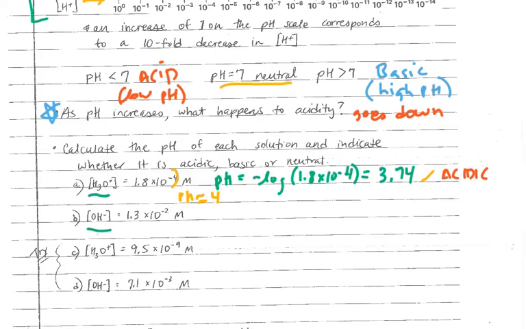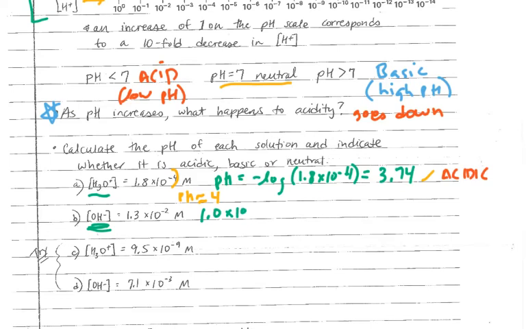All right, in this second problem, it gives us the concentration of OH, of hydroxide ions. So first we need to calculate the concentration of the hydronium ions and then take the negative log of that. So we use that Kw equation. So remember, Kw is always equal at 25 degrees. And we're assuming these are at 25 degrees